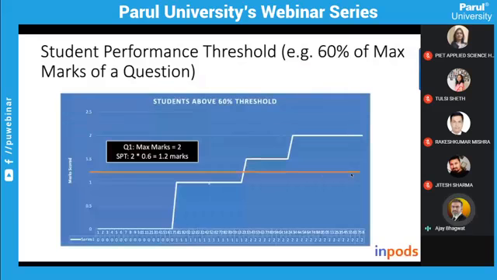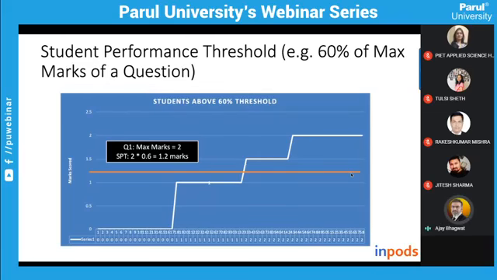That's the idea here. And this concept of threshold value is very similar to the pass or fail qualification decision, which is taken when the students score 30 or 35% marks in a course. If they happen to be below that, we say that they have failed the whole course because their average performance is such and such percent. That's nothing but the student performance threshold. So that is used for taking a decision about qualify or disqualify. Here, the decision is different. The concept is the same: a threshold value of 60%.